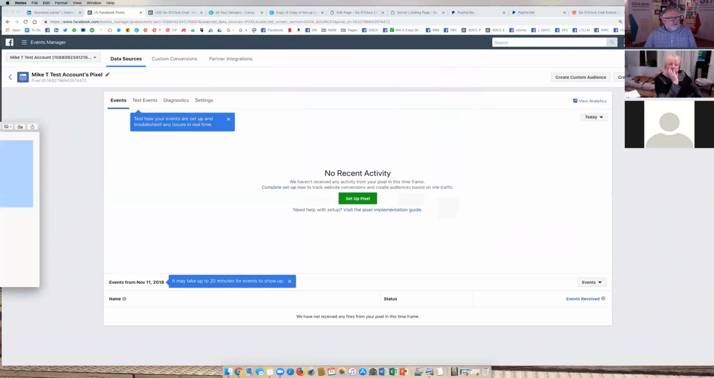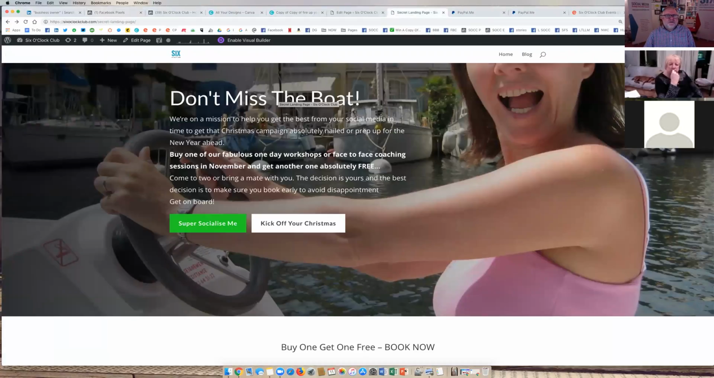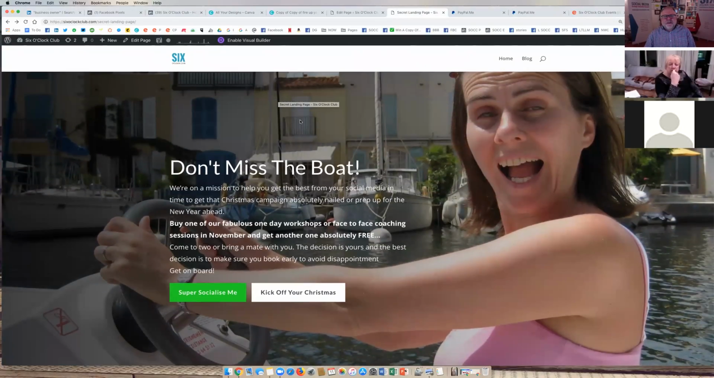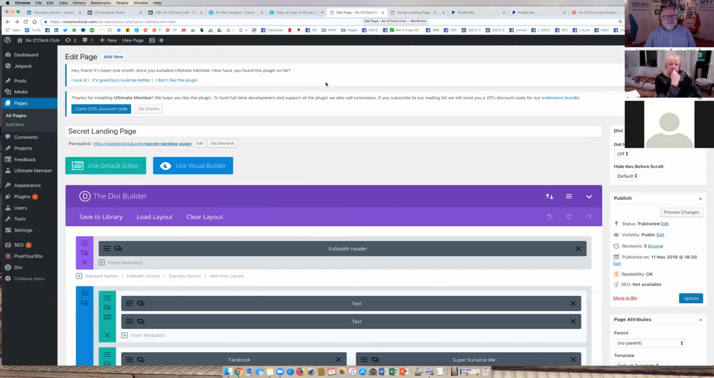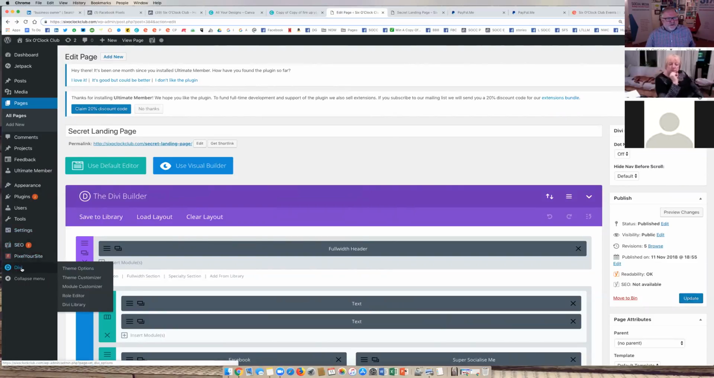The next thing we want is to come out of here and have a look at the back end of our website. This is actually the 6 O'Clock Club website, and like many websites, it is built on WordPress. In this particular instance, we use a theme called Divi, which is one of the most common themes now on WordPress. And Divi is wonderful because it actually comes with an option